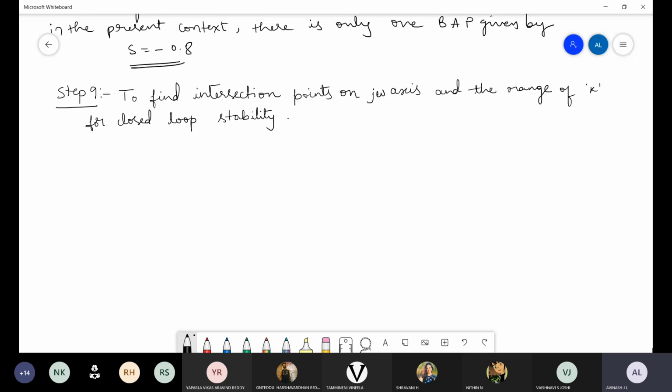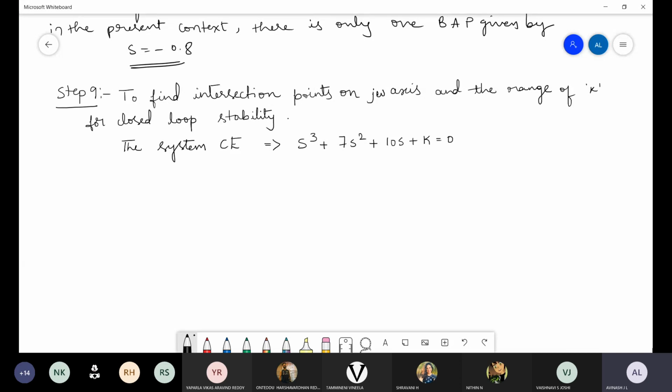So in this we will find out the system. All of you can follow and write along with me, so that you learn it. The system characteristic equation, which you obtained in the last step, is s cube plus 7s square plus 10s plus k equal to 0. So this is the characteristic equation.